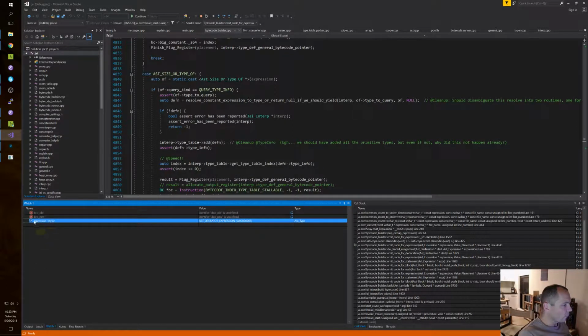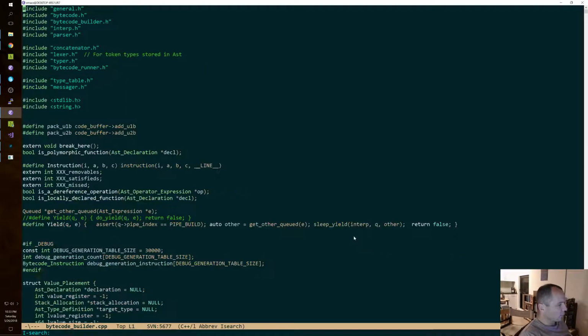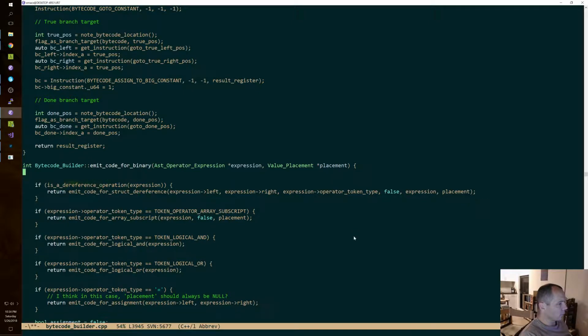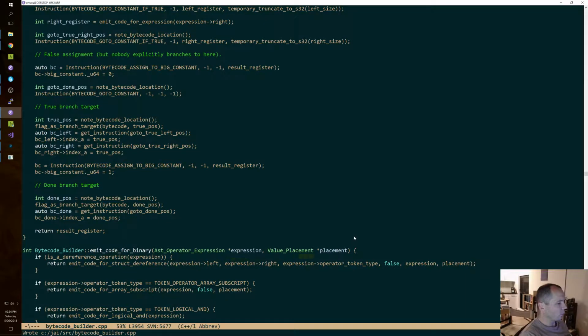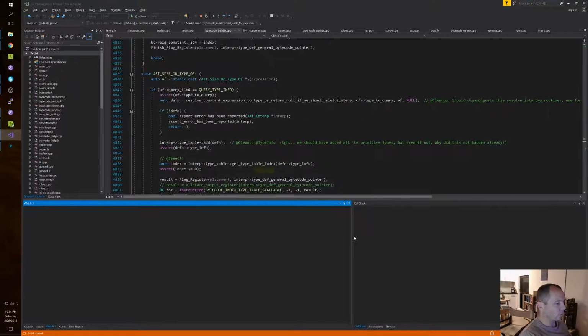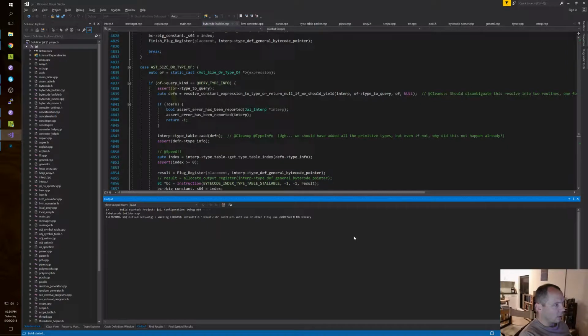Okay, wait. We already pushed it. It's a binary. Okay, we had a spare pop at the end of binary, but you know, we don't need that anyway because we did it in the other thing.